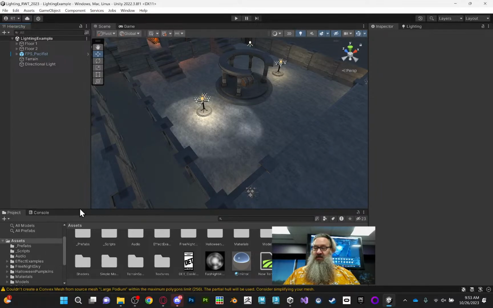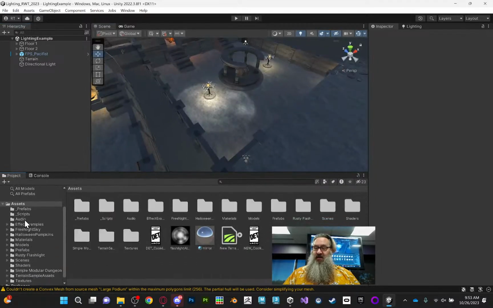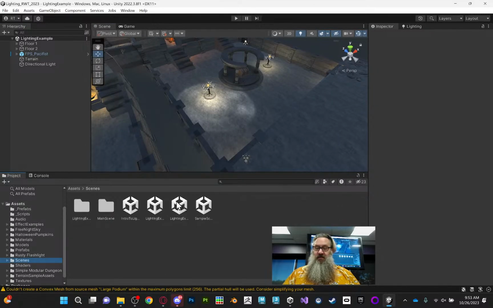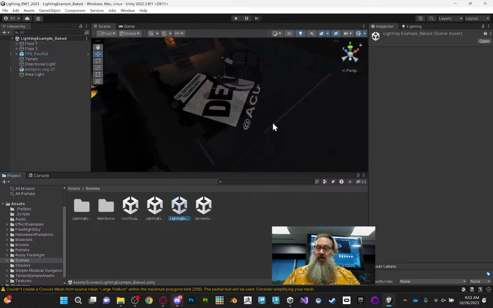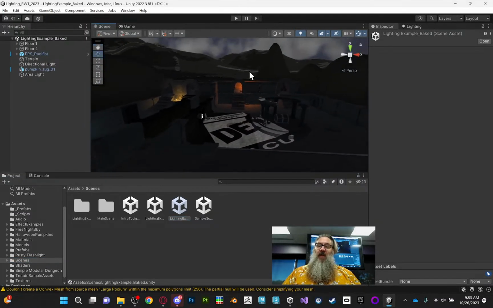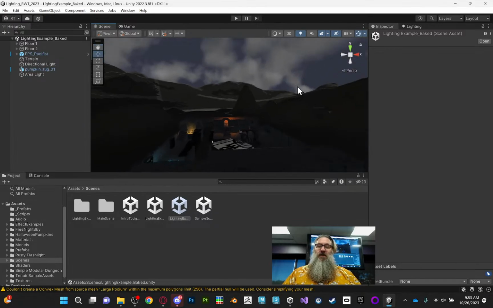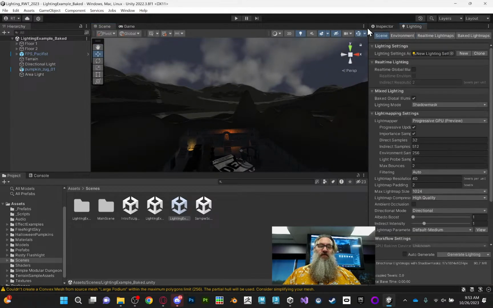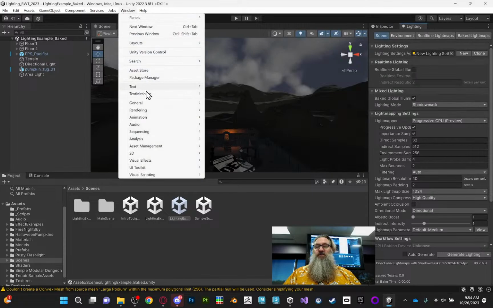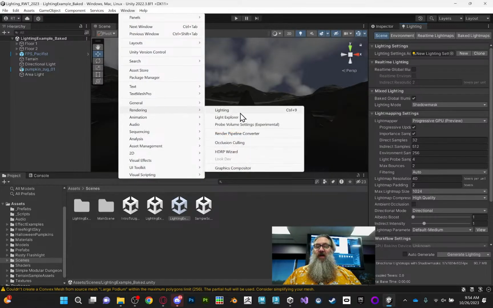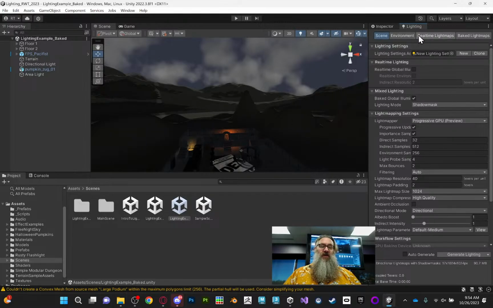Some of these things we'll just look at what they do. Others I'll show how they're set up. So let me jump to my other scene, which would be in the scenes folder. That makes sense. All right. I've got it much darker in this scene. So actually I'll show this. So the lighting, I like this dock next to the inspector, but if you go to Windows and Rendering, we get both our lighting window and our lighting explorer. So the lighting window where you can bake your lights from, I like to dock next to the inspector once I've got it. If you go to Environment,